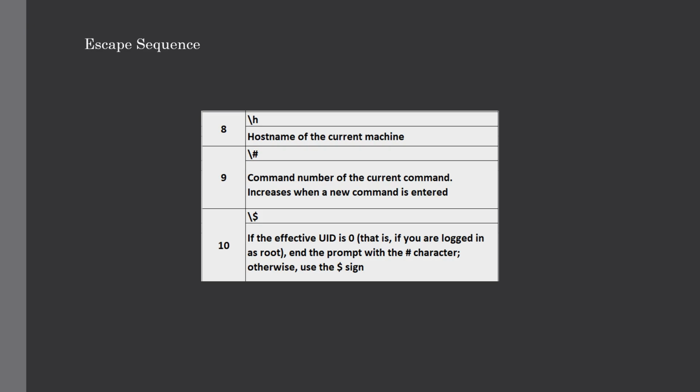So when you issue a command that is incomplete, the shell will display a secondary prompt and wait for you to complete the command and hit enter again. The default secondary prompt is a greater than sign, but it can be changed by redefining the PS2 shell variable. As we have seen with PS1, PS2 is used to change this default secondary prompt. Let me show you how to do that.